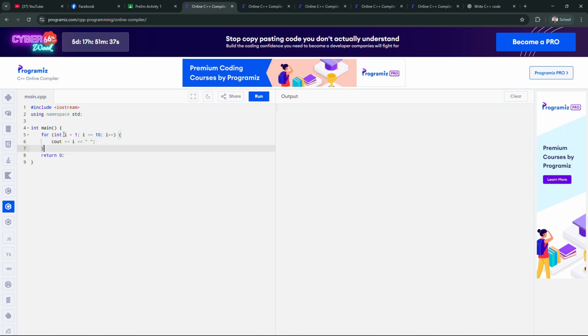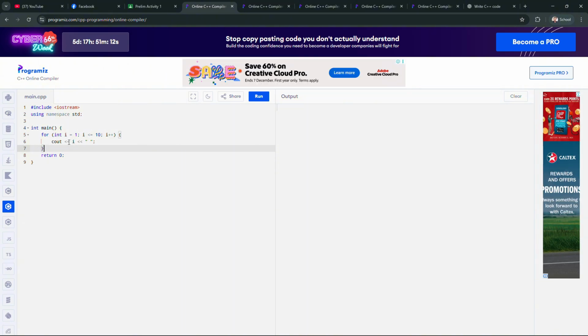So basically, the I is less than or equals to 10. For example, I's value is 1 2 3 4 5 6 7 8 9 10. Then it is true, then it will be incremented, and then it will print the value of I, which is 1 2 3 4 5 6 7 8 9 10.